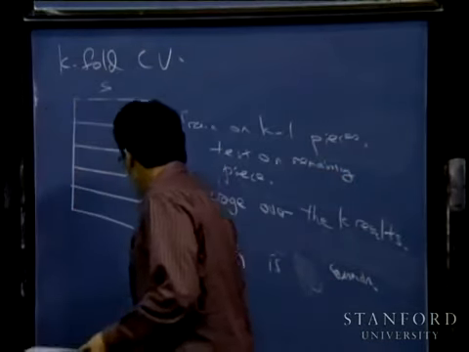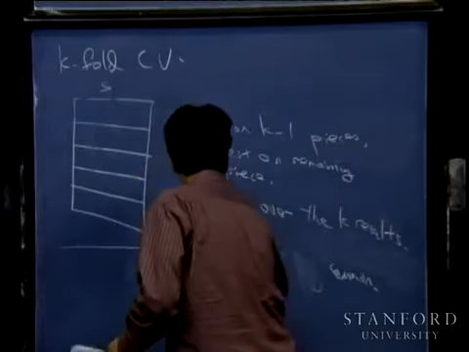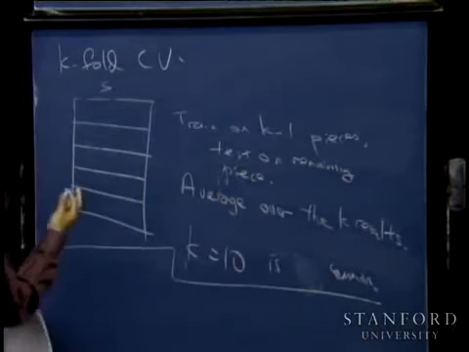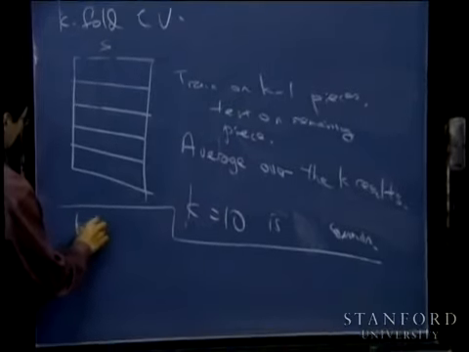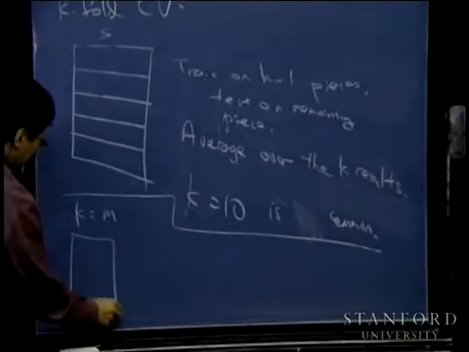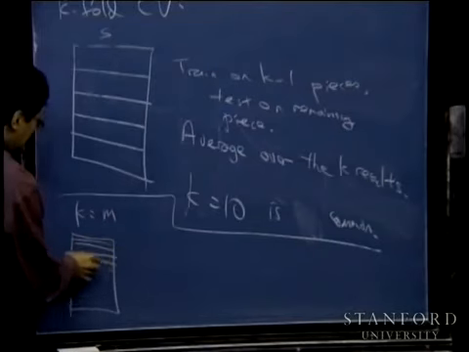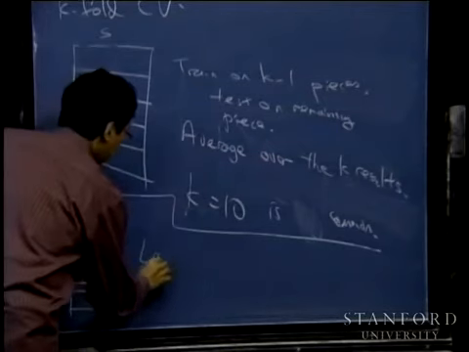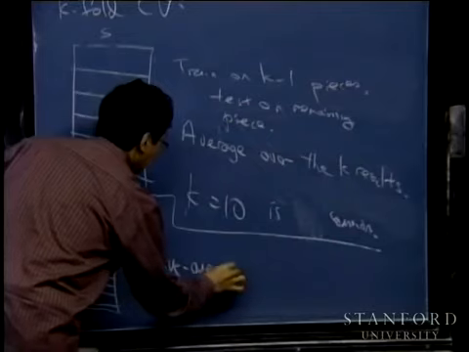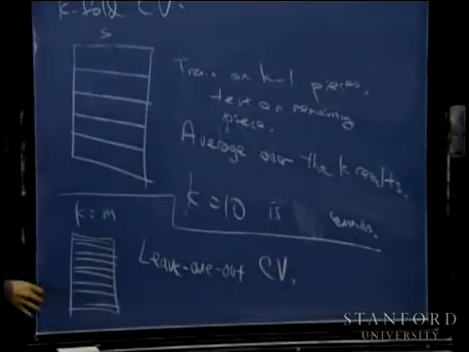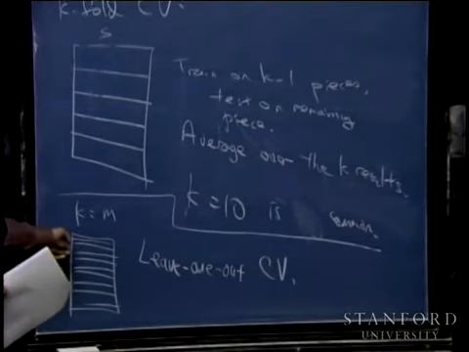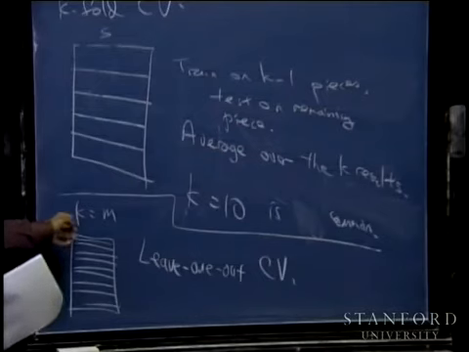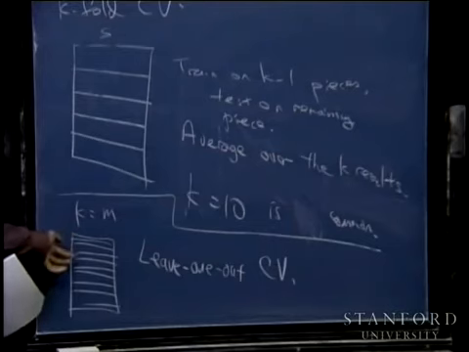And then finally, there's a version of this that you can take even further, which is when you set k equals m. That's when you take your training set and split it into as many pieces as you have training examples. This procedure is called leave one out cross-validation. What you do is take out the first training example, train on the rest, and test on the first example. Then you take out the second training example, train on the rest, and test on the second example. Then you take out the third example, train on everything but your third example, and test on the third example,